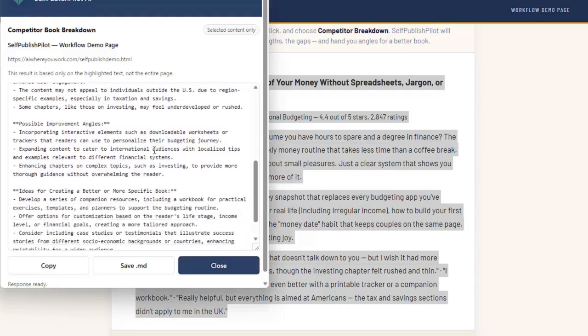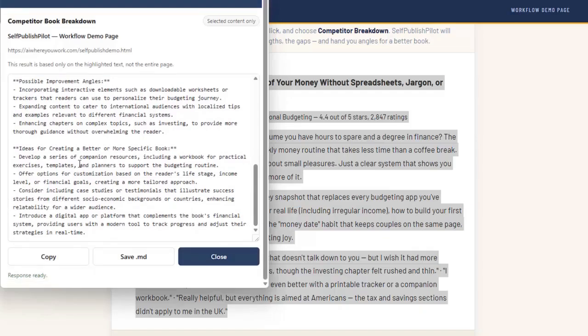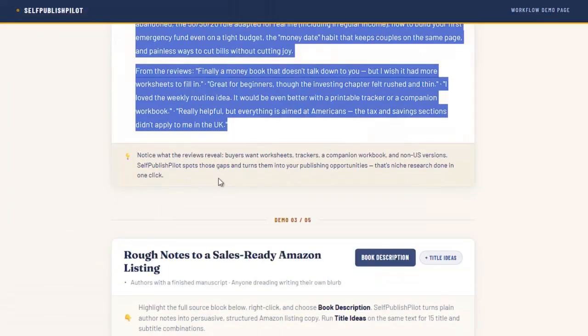You've got the weaknesses straight away, you've got possible improvement angles, and you've got ideas for creating a better or more specific book. The breakdown has turned every one of those complaints into a publishing opportunity for your book. That's competitor research done before your coffee's gone cold, and it's done right there on the page in front of you. Okay, let's again close this down and move down to the next demo I've got set up for you,